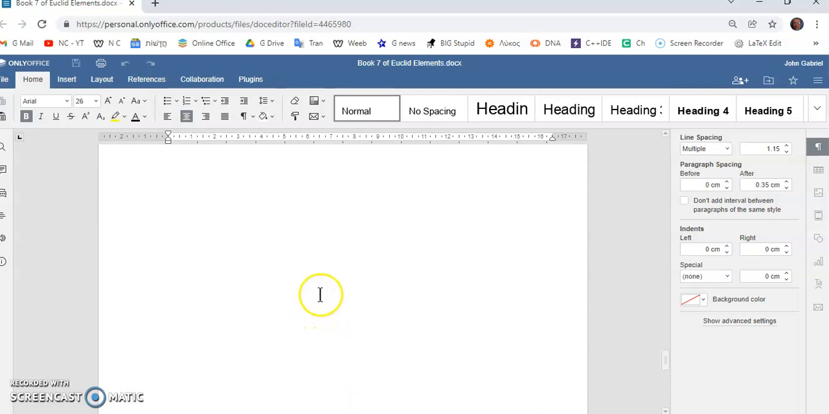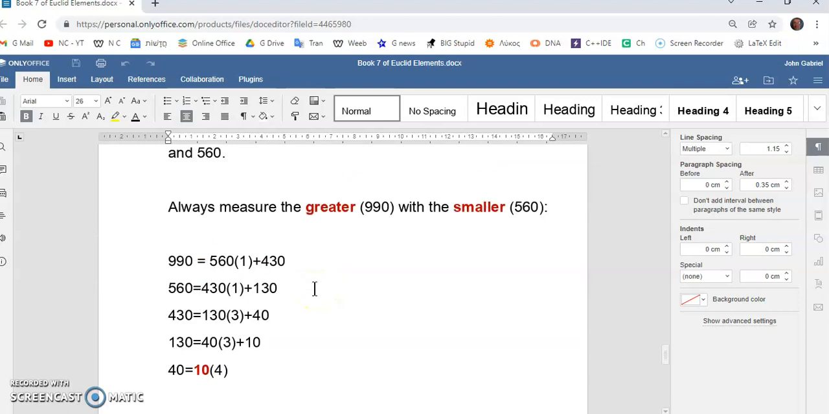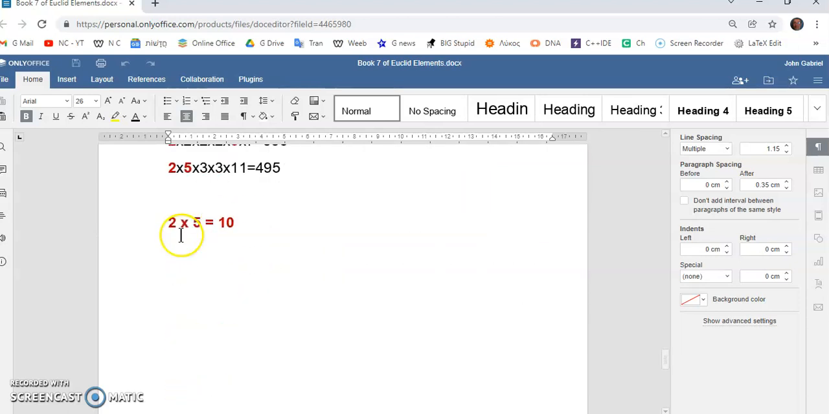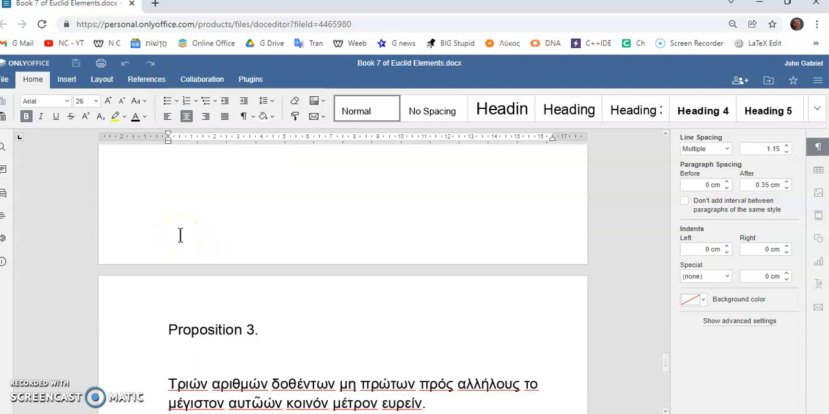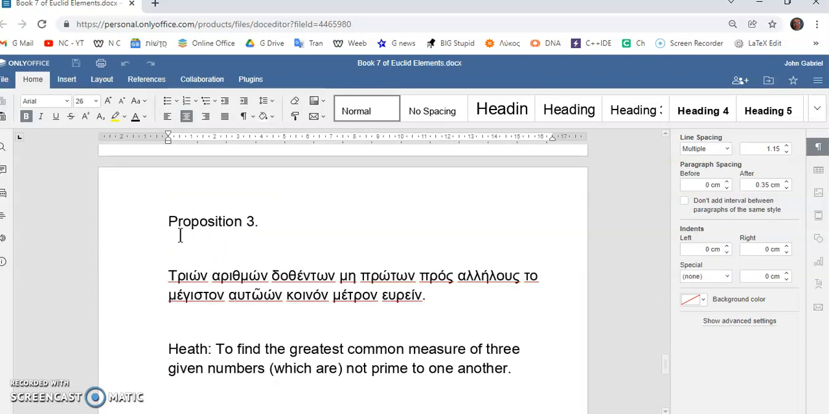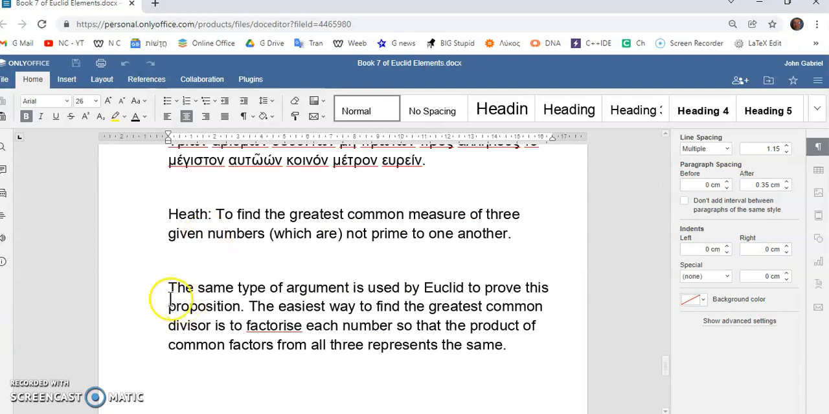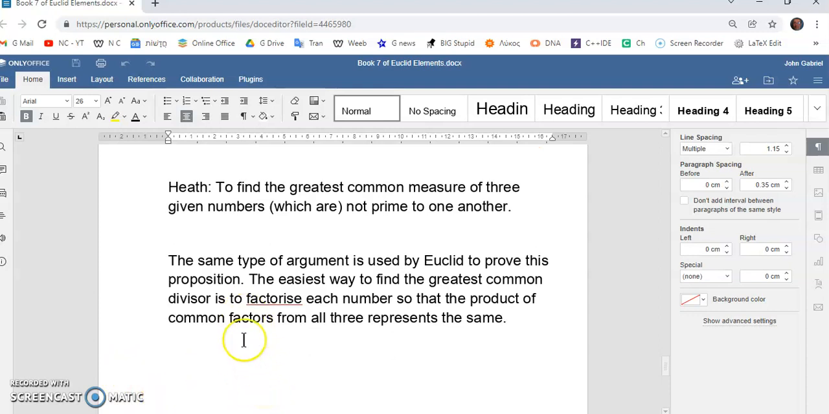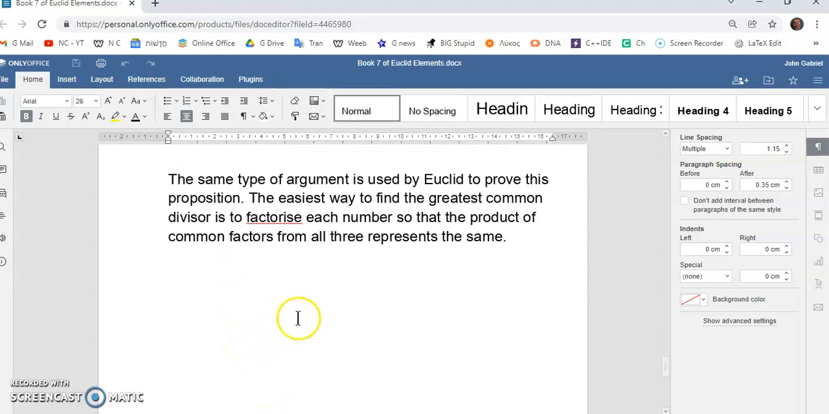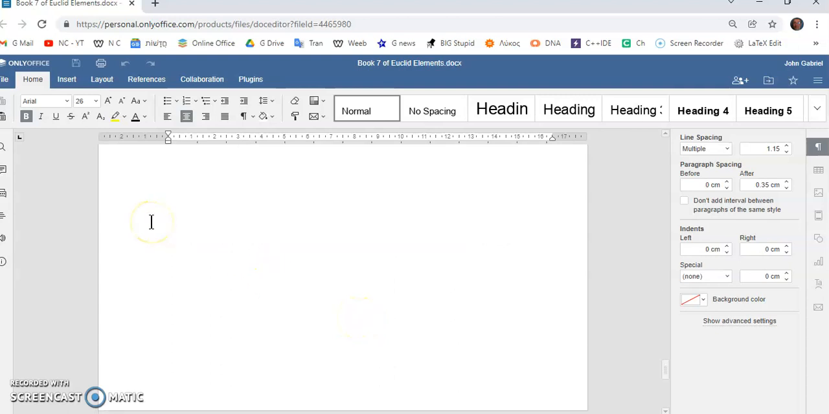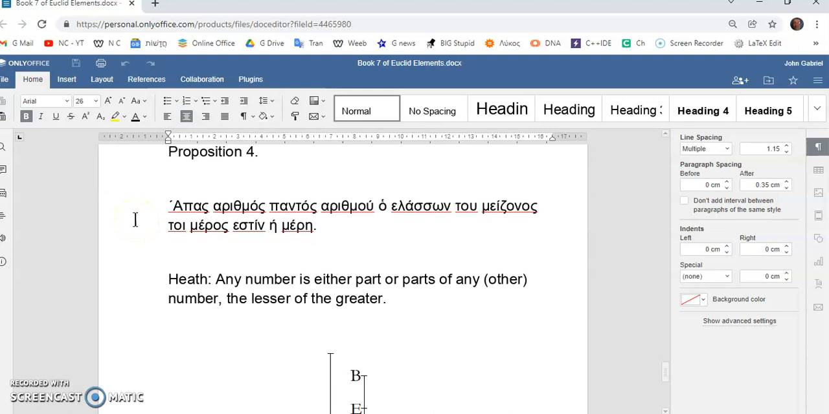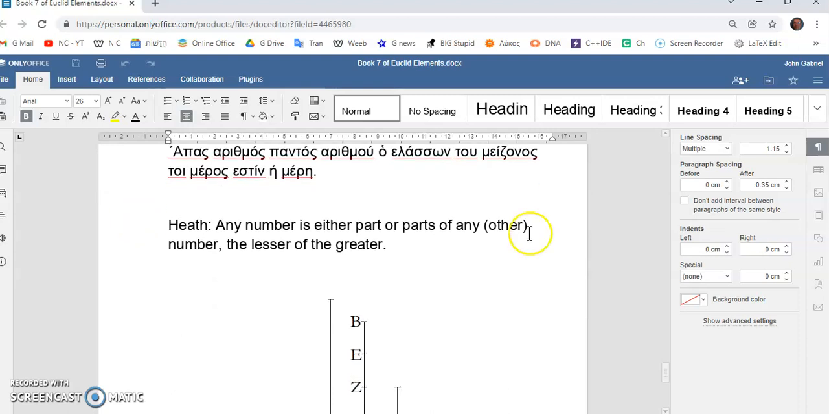So now if we look at the previous two, I've already explained the greatest common divisor. So in the previous video, you can see how that's done. And it's very similar because this is the same type of argument. And the easiest way to find the greatest common divisor is to factorize each of the numbers so that the product of the common factors from all these three represents the GCD, or the greatest common divisor. So that's proposition 3. And proposition 4 says any number is either part or parts of any other number, the